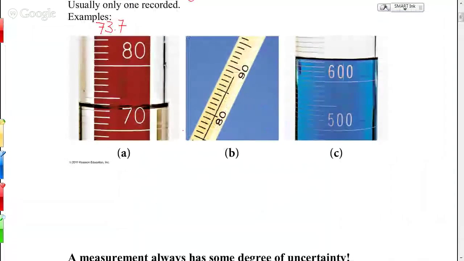So 73.7 really means that we're between 73.6 and 73.8. When we write a scientific measurement of 73.7, we are saying it's somewhere between 73.6 and 73.8, plus or minus 1 on the uncertain digit. So if we wrote